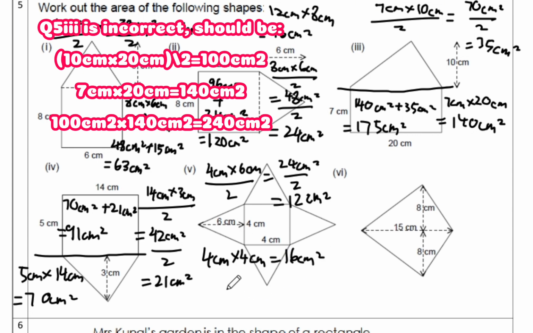And now we can take 16 cm square plus 4 brackets 12 cm square, which we would get 16 cm square plus 48 cm square, which is